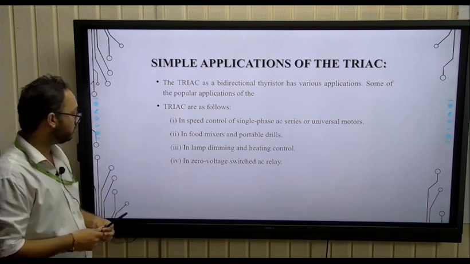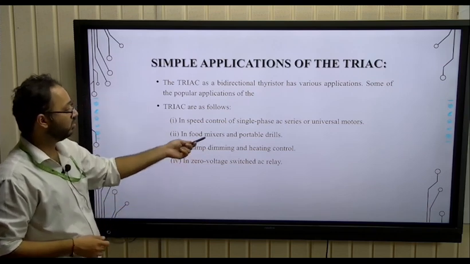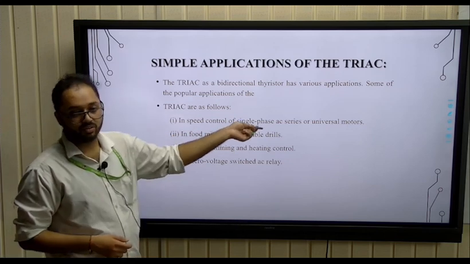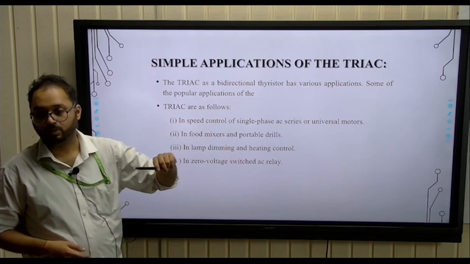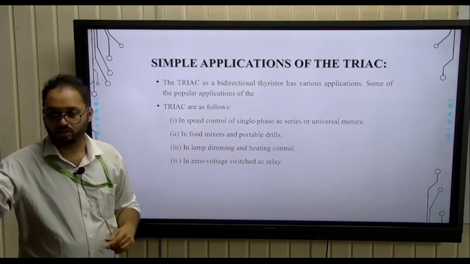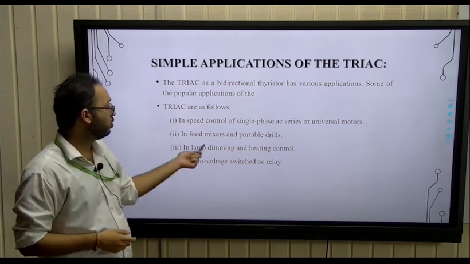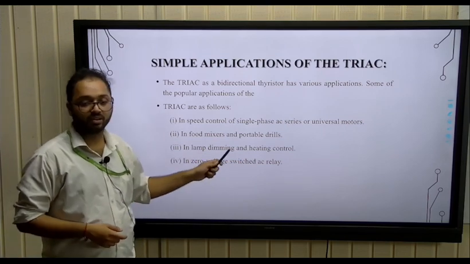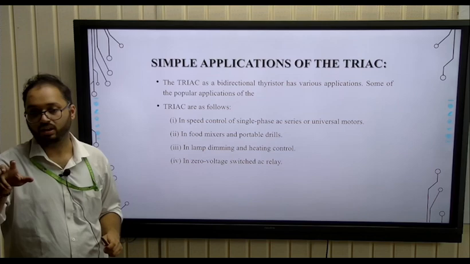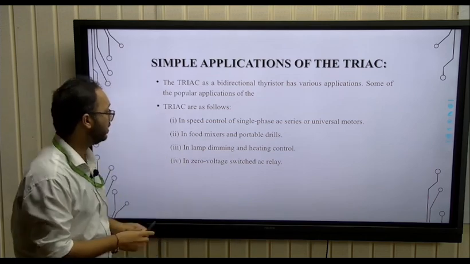And you can understand this when you are applying it to a DC or AC motor and controlling its speed, you can directly conduct through your gate. Then food mixers and portable drills. Whatever is happening there is a controlling part. So what we are saying actually here is